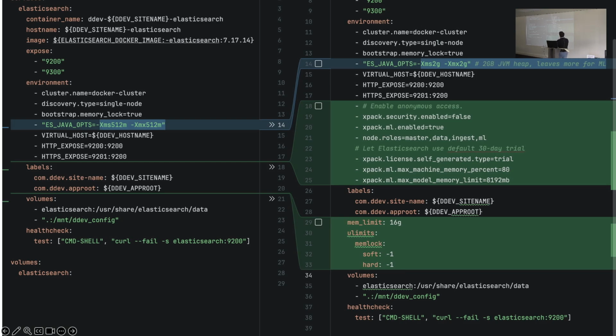Secondly, we want to enable the license. Elasticsearch has a free 30-day trial license that you can use with the semantic search. What I found is that if I'm working on local dev, I can just restart the license without any issues. So if you are testing and working locally, you can work with that. But of course, if you go to test, acceptance, production, it's not going to work there.